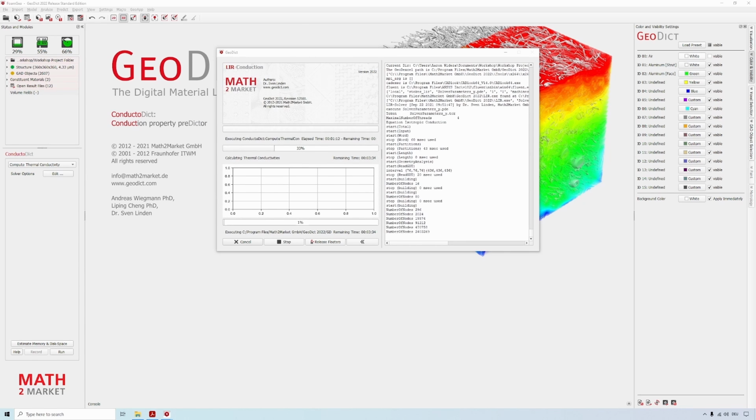The heat result of X direction is finished almost now, and now we will get the simulation in Y direction and then Z direction.